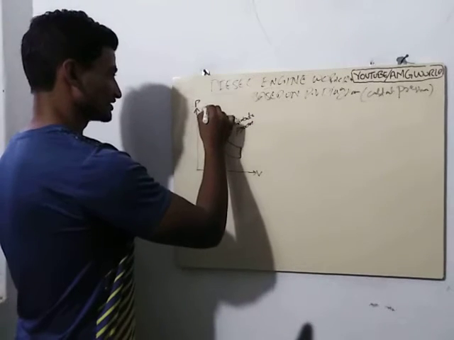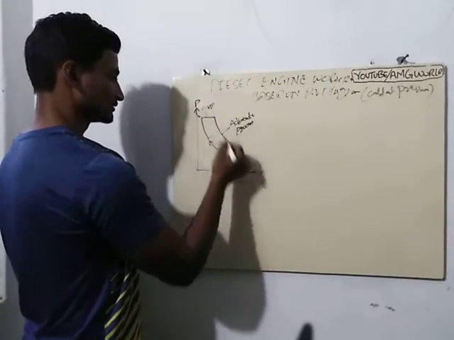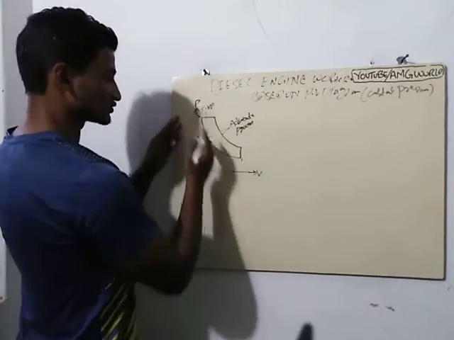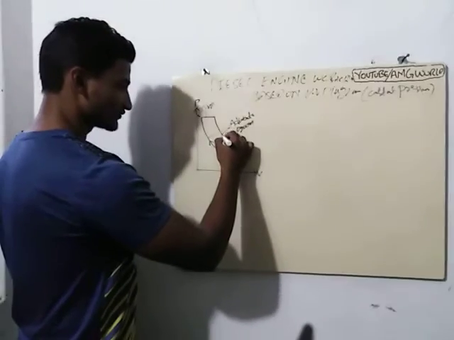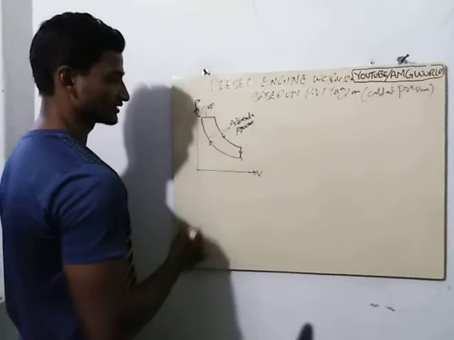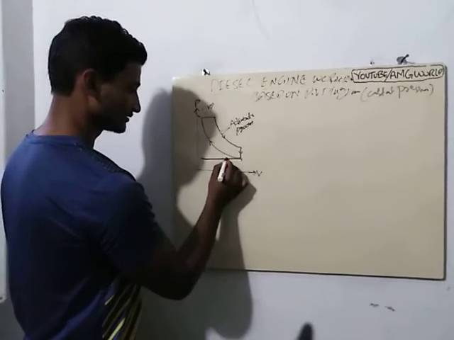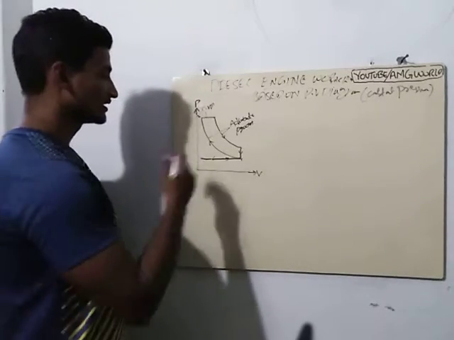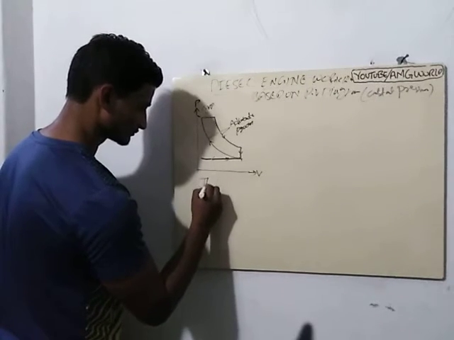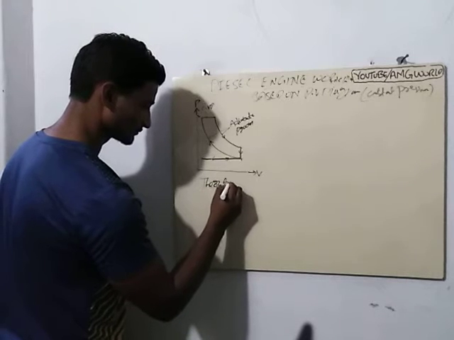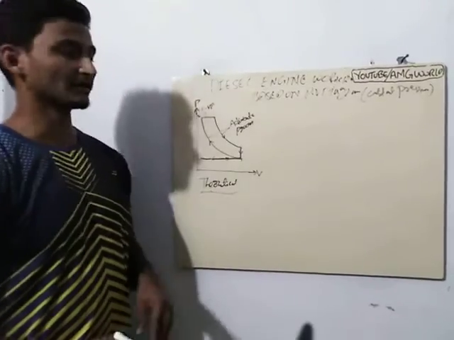And here comes the constant volume process. Process 1 to 2 is an adiabatic compression stroke, and next comes the constant pressure process. Here we have adiabatic expansion, and this one comes constant volume heat rejection, exhaust, and here comes a line, intake and exhaust. Actually, this one is a theoretical PV diagram.